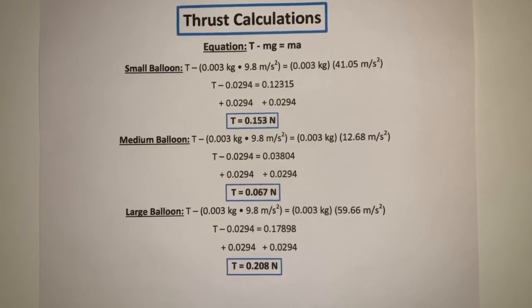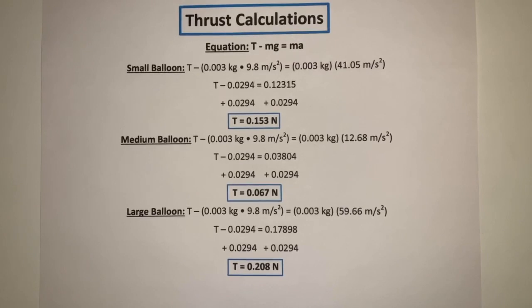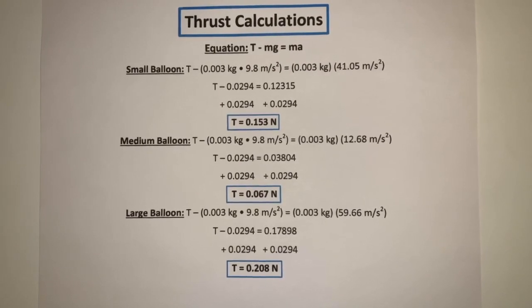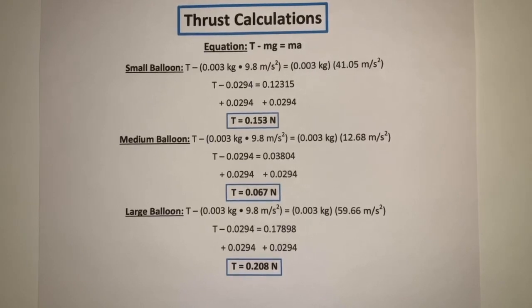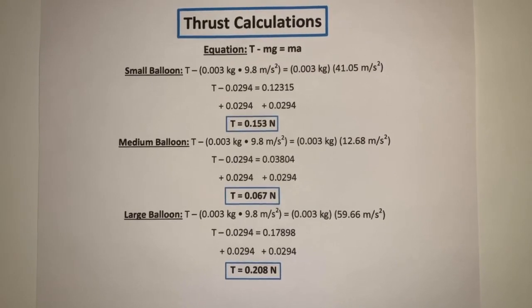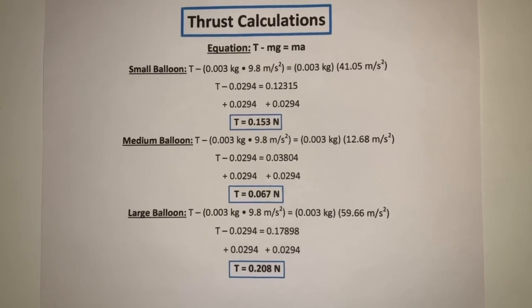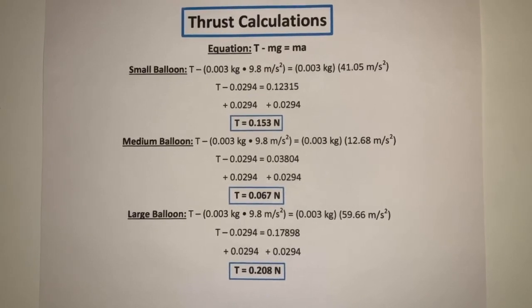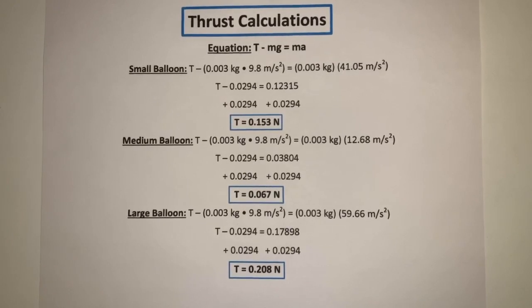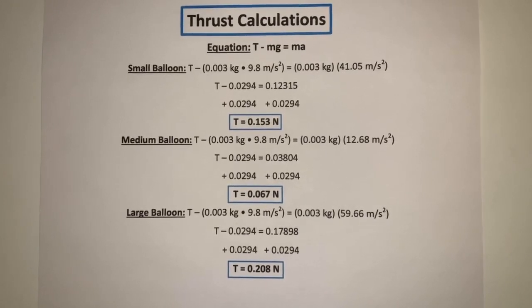The final results showed that the small balloon had a thrust of 0.153 newtons, the medium balloon had a thrust of 0.067 newtons, and the large balloon had a thrust of 0.208 newtons. It may seem odd that the smallest balloon had a slightly larger thrust than the medium balloon, but